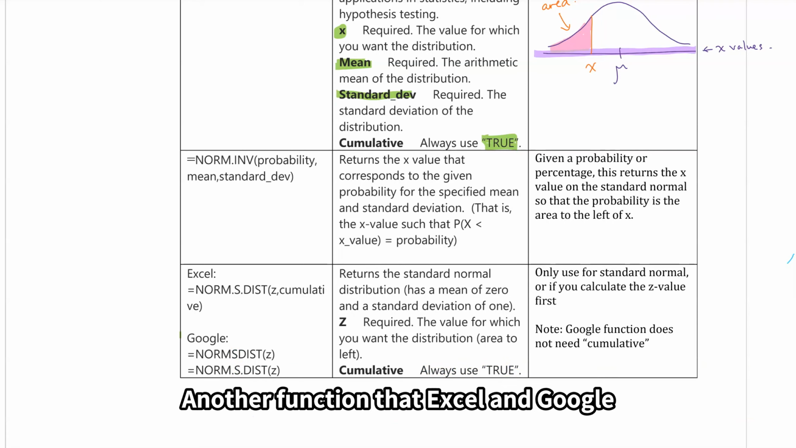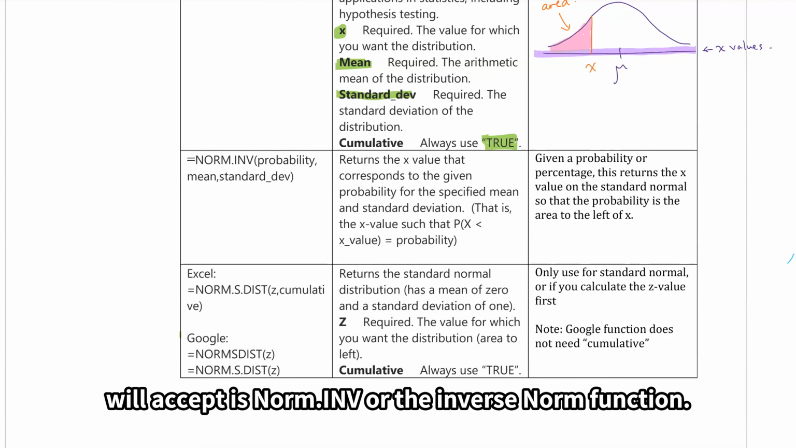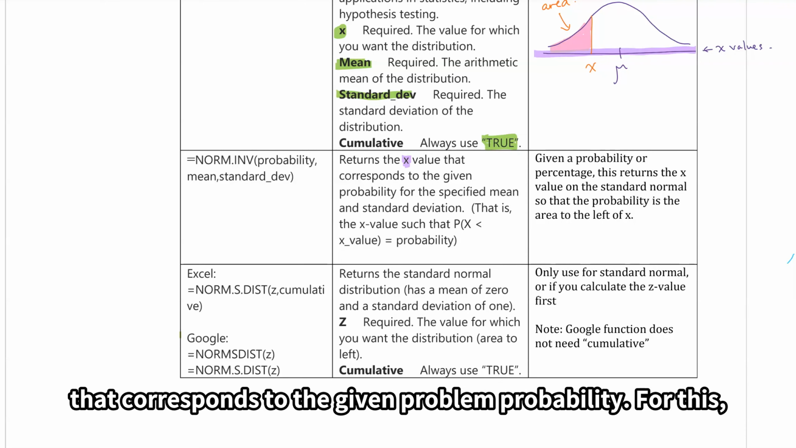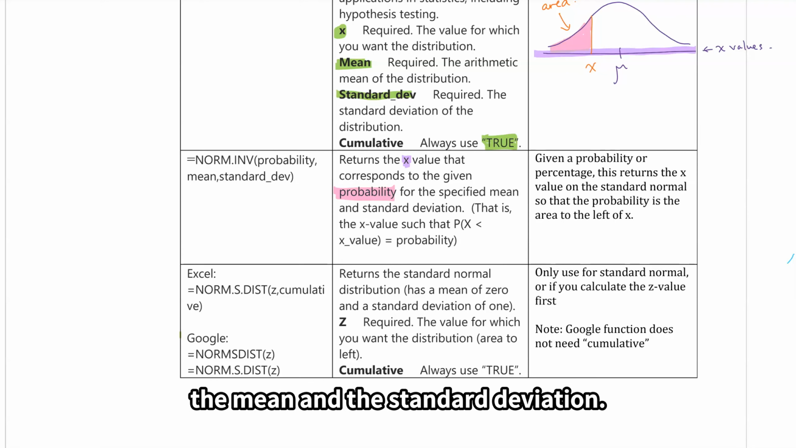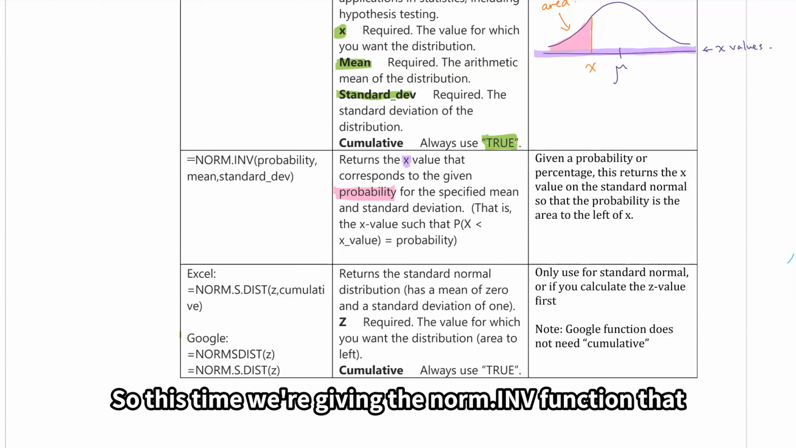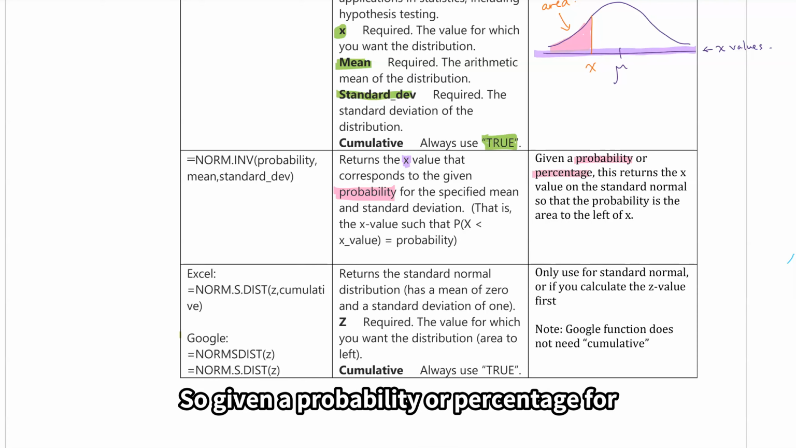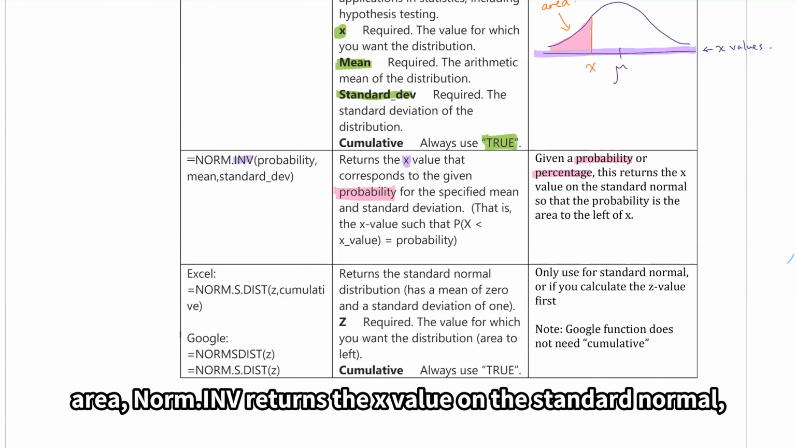Another function that Excel and Google will accept is norm.inv, or the inverse norm function. In this case, norm.inv returns the x value that corresponds to the given probability for the mean and the standard deviation. So this time we're giving the norm.inv function the area, and norm.inv gives us back the x value. So given a probability or percentage or area, norm.inv returns the x value